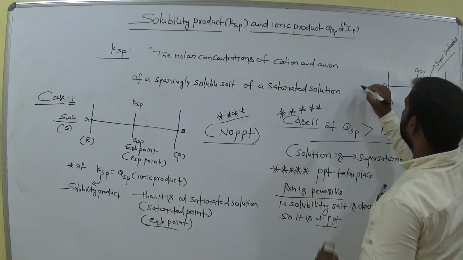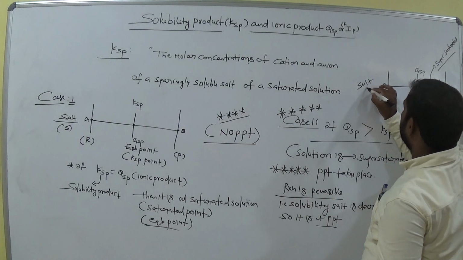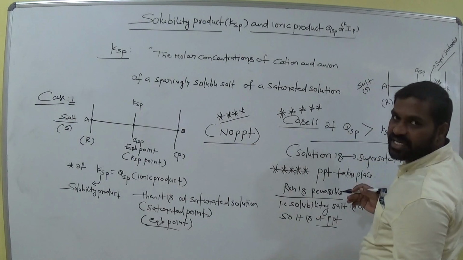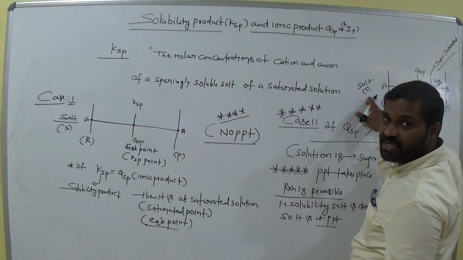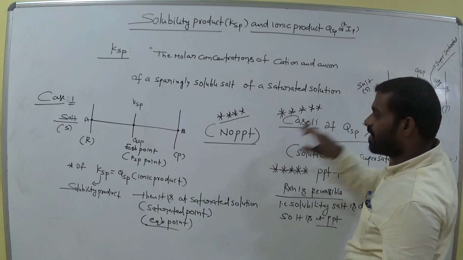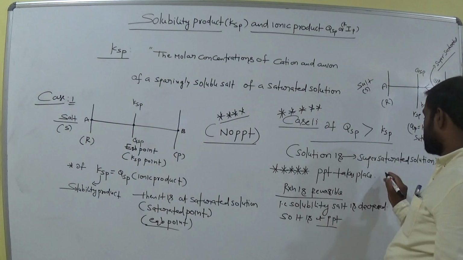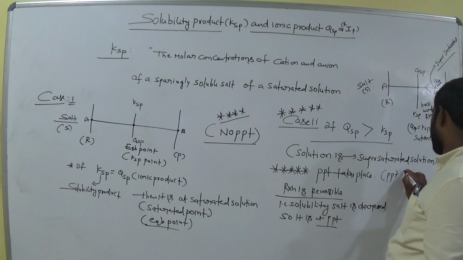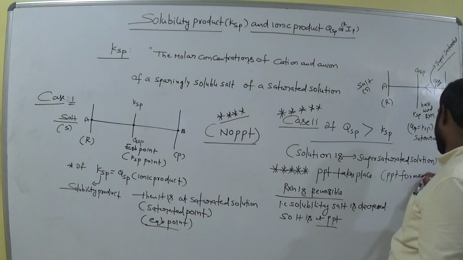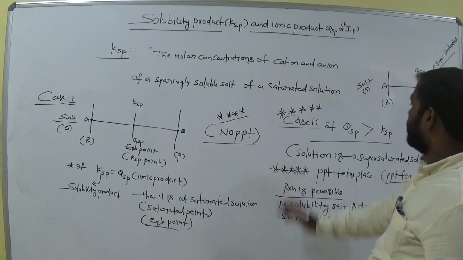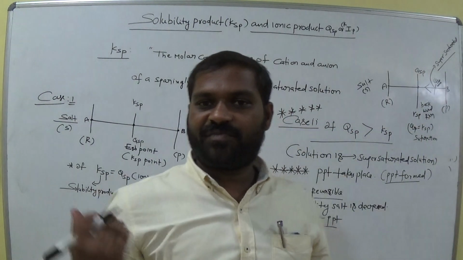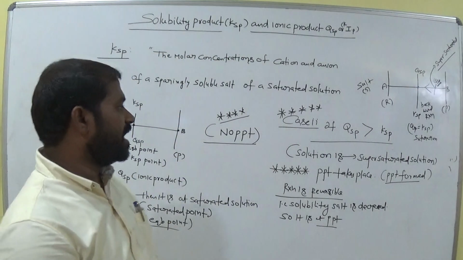This is salt, you know. Which is salt? That means salt formation takes place. Salt is a solid, am I right? So it is PPT. So more PPT is formed. So in this case PPT reaction takes place. PPT takes place. PPT formed. PPT formed. Am I right? More quantity of salt is again formed. There is no dissociation as ions.